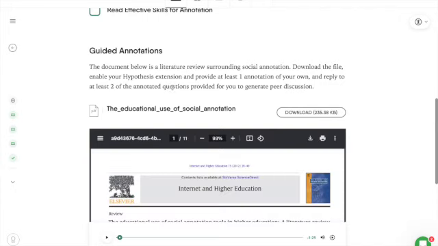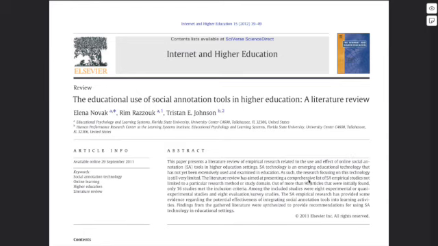And then we move into the first section of guided annotations. By having a guided annotation, I'm also working with the ADDIE model because it represents the form of assessment while maintaining the goal and achieving it. And I'm making sure that I'm leading them up to being able to independently annotate an article. So this second article is pre-annotated by me. There's only 3 or 4 of them, and it does have to do with annotation and using it in higher